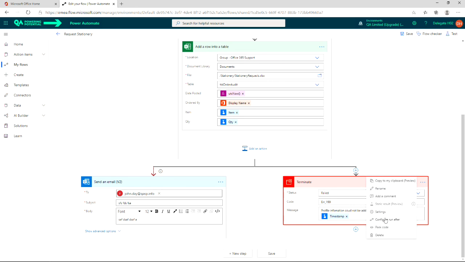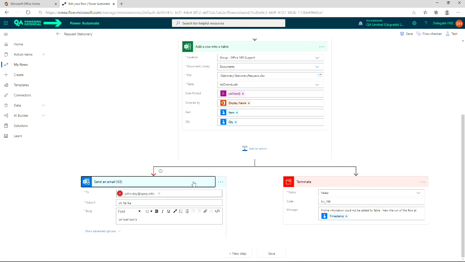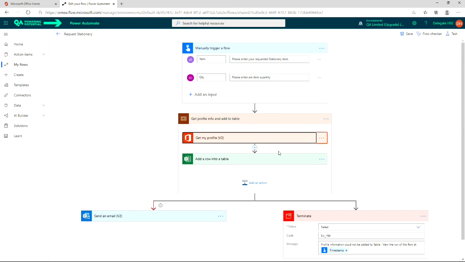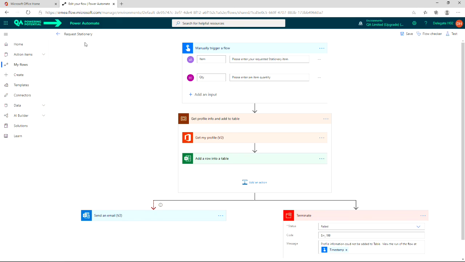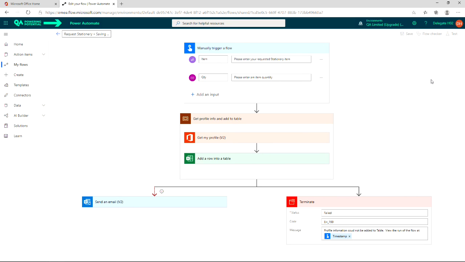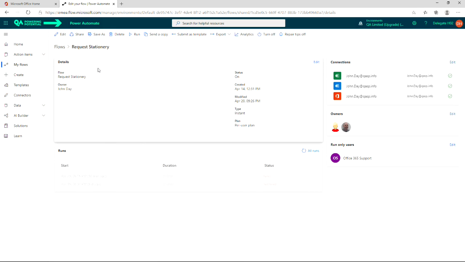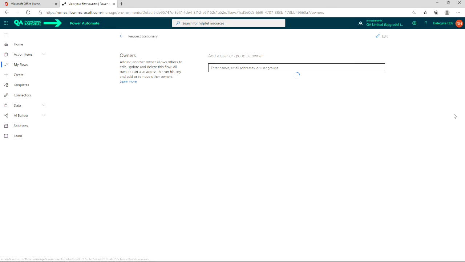Now, I don't know why I'm doing that, that one doesn't have any connections. So there we go, I've now got all of these swapped over to H02. I'm going to save this, go back to the request stationery page, and again, there are my owners. I'm going to click on edit, and just to prove a point,